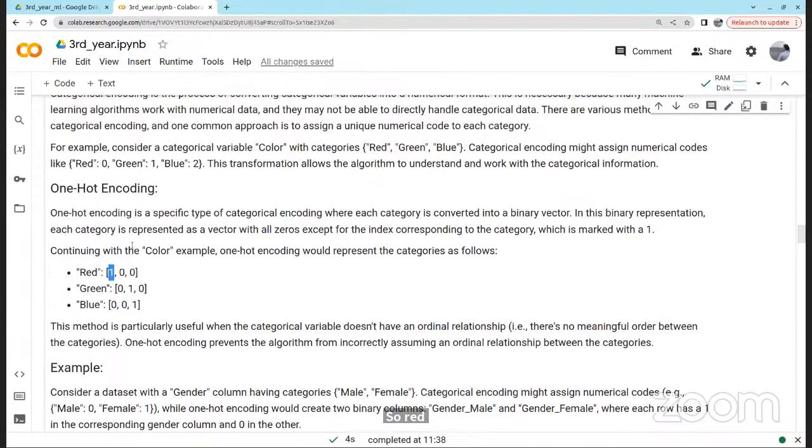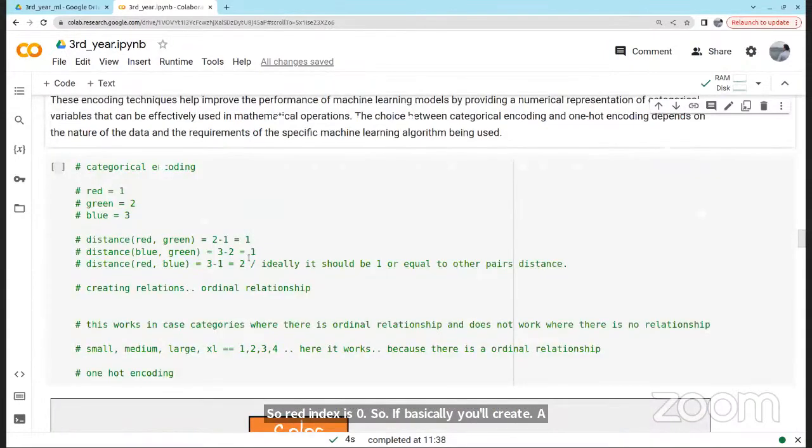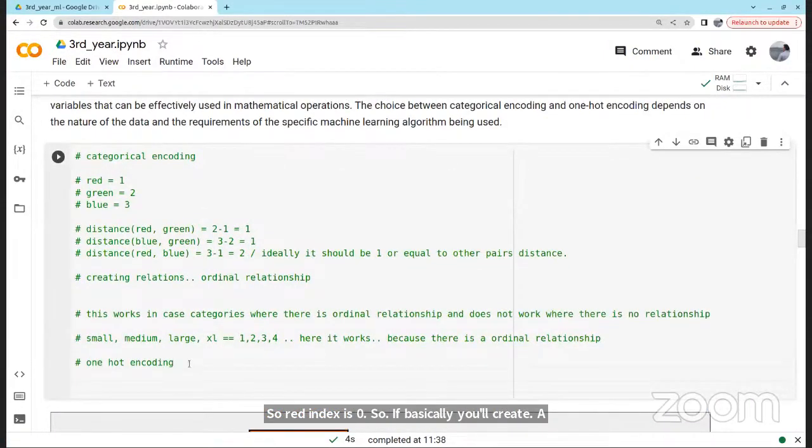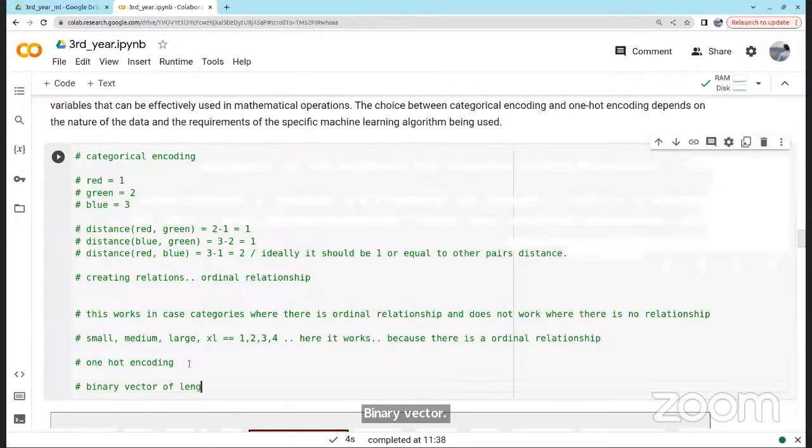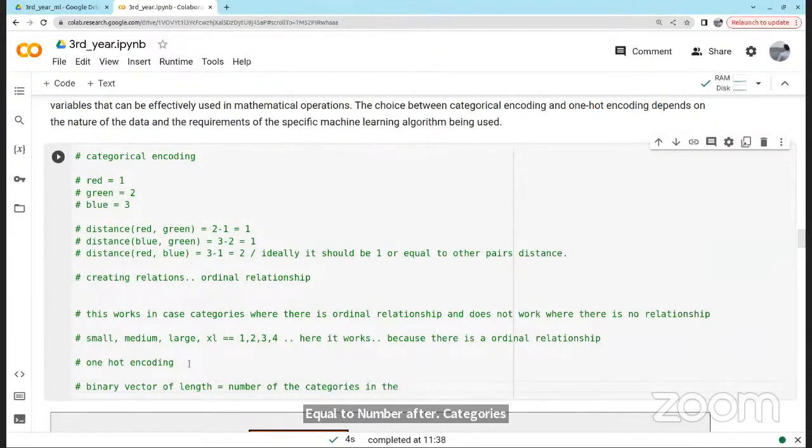Basically you'll create a binary vector of length equal to the number of categories for that variable.